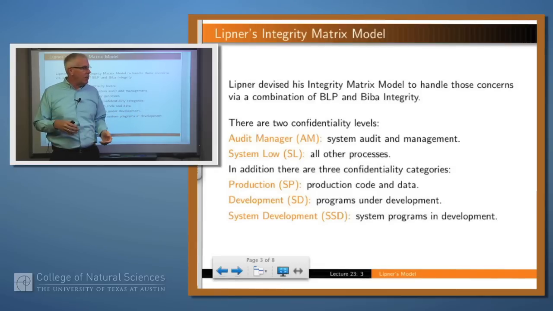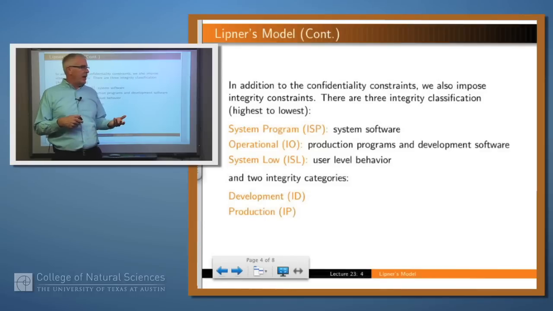In confidentiality we've got 2 hierarchical labels, audit manager and system low, and 3 categories: production, development, and system development. In addition, we have a set of integrity labels: 3 hierarchical components, system program, operational, and system low, and 2 integrity categories, development and production.